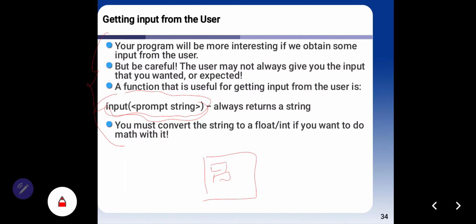Okay, if you have a question, we hope your user can answer your question correctly.